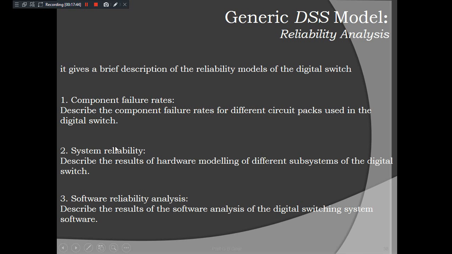System reliability tells the results of hardware modeling of different systems of the digital switch. Means how well it is modeled to provide reliable operation. Software reliability analysis tells the results of software analysis of DSS.